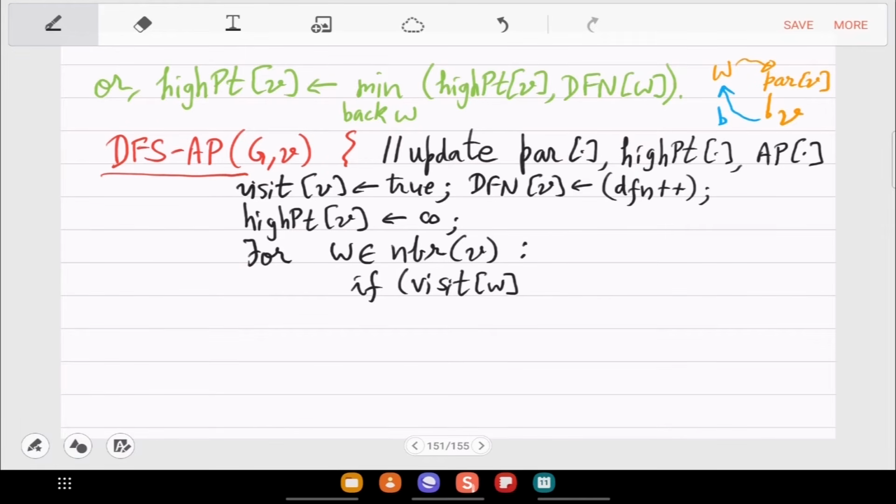If W is new, unvisited, right? So this is the case of the first kind of update. So from V you are moving to a neighbor which is new.